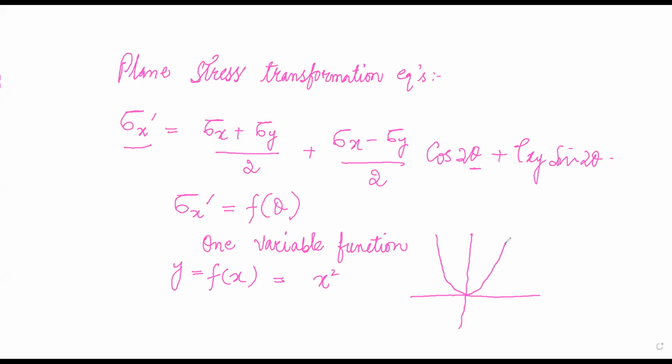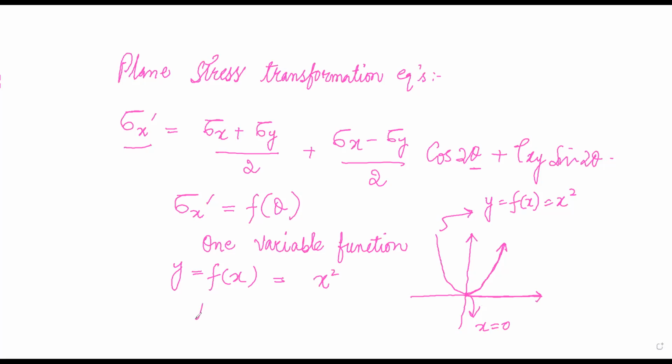Now you see, as far as the function y equal to x squared is concerned, if you look at this function, your graph is attaining the minimum value at x equal to 0. And as the value of x keeps on increasing, the value of y also keeps on increasing. Are you getting me or not? As the value of x increases, the value of y also keeps on increasing, isn't it?